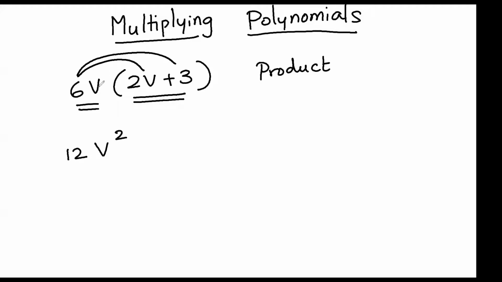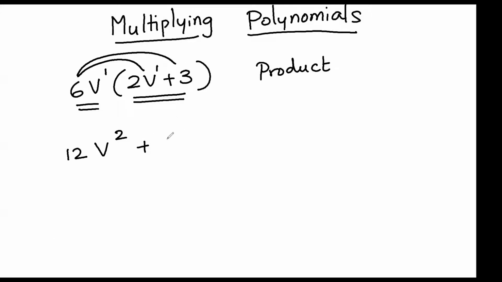How do I get that? If you notice here, the exponent of v is 1, or the power of v is 1, and the power of v here is 1 as well. So when you're multiplying, you're going to add the two powers, add the two exponents. So v times v is going to be v squared, plus